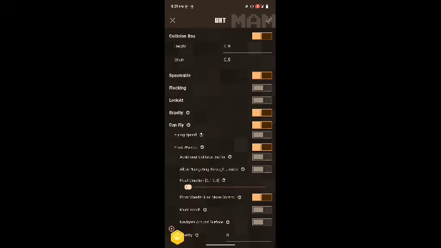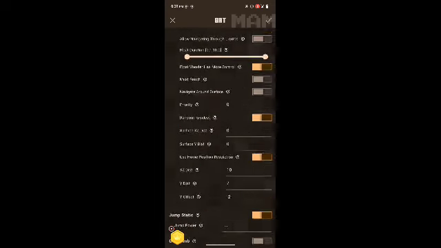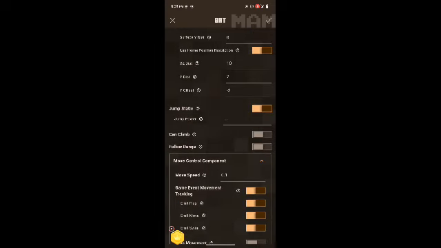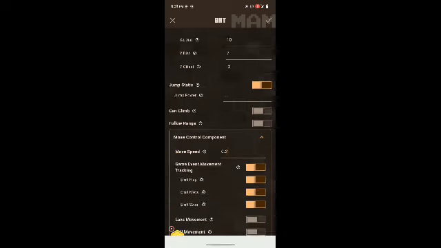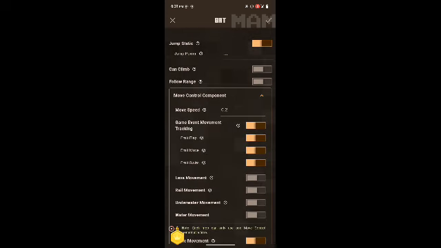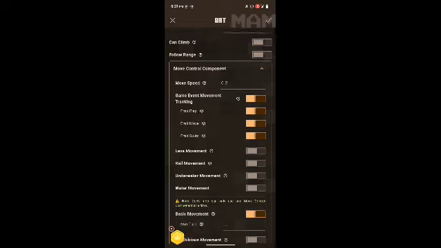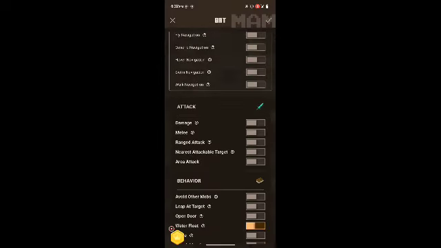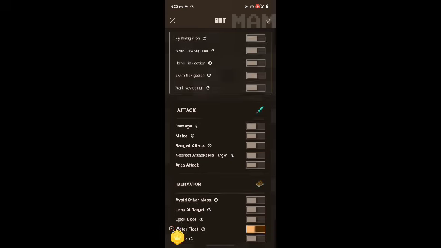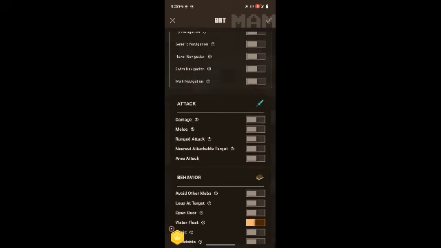You can change the float duration, and edit the control. You can edit the speed. And if you scroll down here, you can see attack.